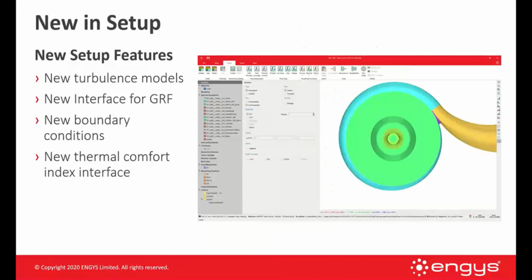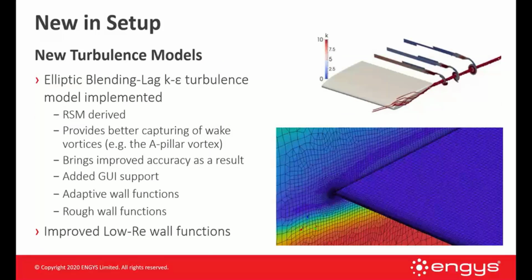In terms of setup, we have new turbulence models, a new interface for our newly developed GRF method, new boundary condition, and a new thermal comfort index interface. Regarding turbulence model, let me just mention this new liquid blending lag K epsilon turbulence model, which is now available in 3.3. It's a Reynolds stress model derived, so it's very accurate